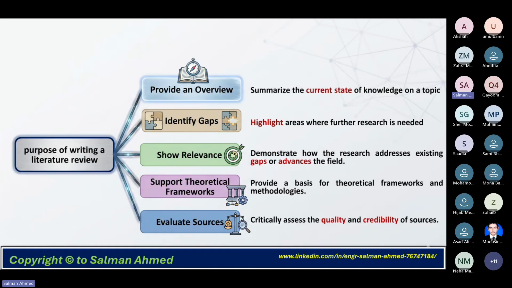Then there is the support of the theoretical frameworks. Here I would clearly tell you that when we talk about frameworks, sometimes they are considered as applications, sometimes they are considered as data sets. So for how the methodology is being used in those data sets, we write like this: it is a support for different kinds of data sets.